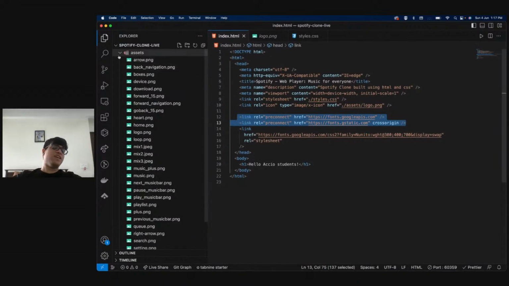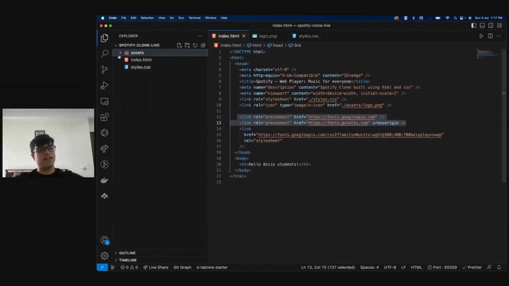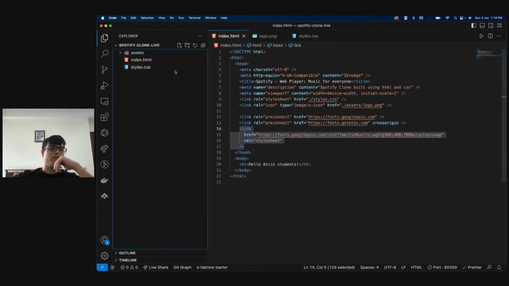Pre-connect is something that is very good for SEO, and SEO stands for search engine optimization, right? So it makes your website faster. These two particular lines, as the name suggests, pre-connect, so before your page loads, your fonts load, loosely speaking. Anyways, so we add this line, and now what we're going to do is go to our